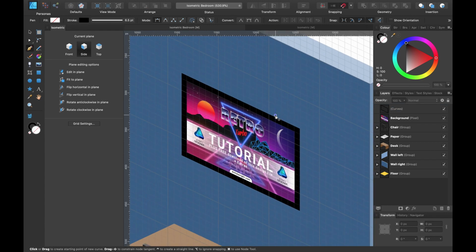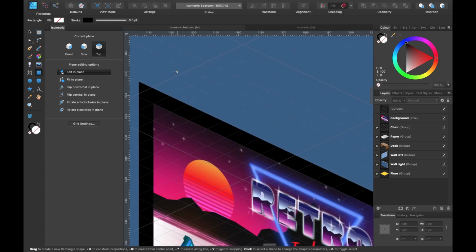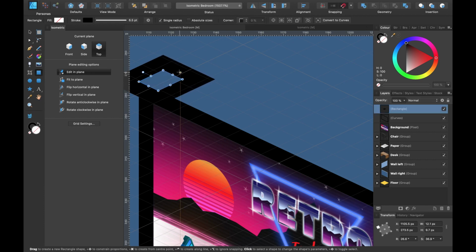Let's add some thickness to this. So click on M for the rectangle tool and click on top in the current plane mode. Head up to the corner and just click and drag out. You can see it's still got the stroke from the last one. You can either change it here, stroke here, or stroke here.